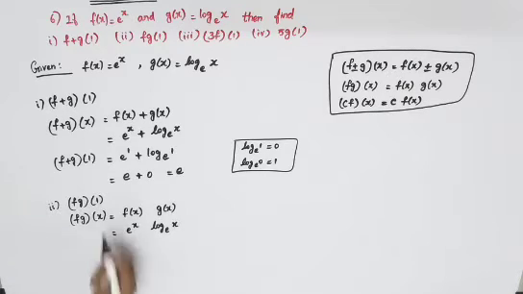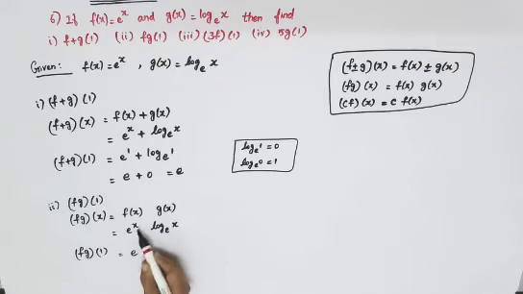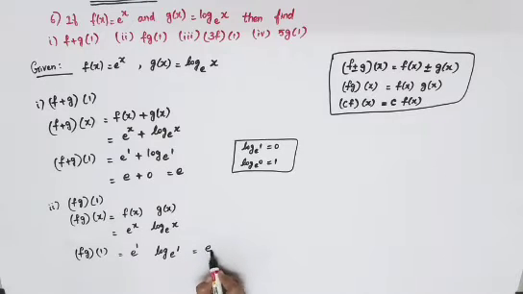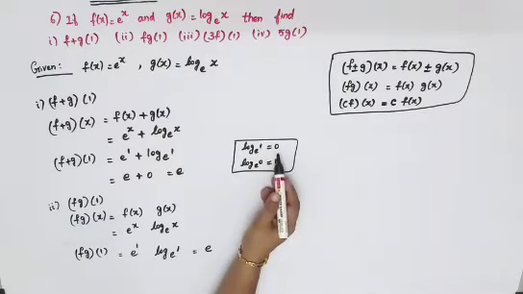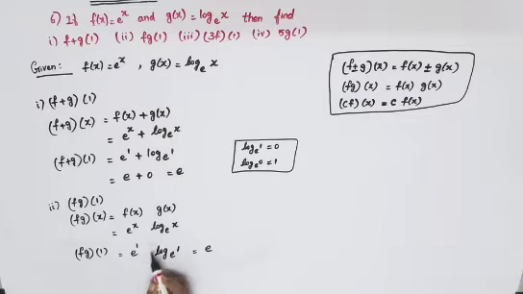Now you will have to substitute your 1. So that is fg of 1. Wherever x is there, you will have to replace it by 1. So it is equal to e power 1, log 1 to the base e. So e power 1 is e itself, but log 1 we have got 0, and here it is f of x into g of x. So you can write into 0. So e into 0 will get your answer 0. So this is the answer for your second subdivision.